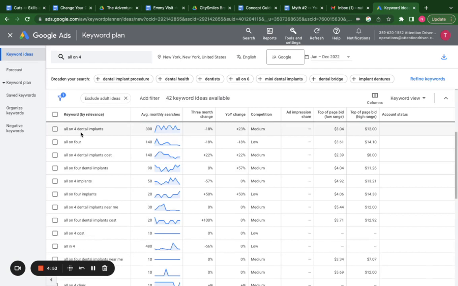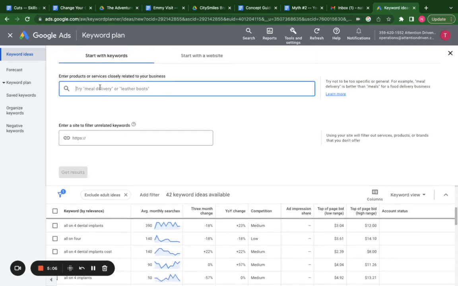Okay, all on 4 dental implants. Again, decent amount of searches. Competition's medium. So you can see some of this is a good one, all on 4 dental implants cost. Another example of what we can do, and this is something, so Clear Choice, they are a very well-known place for dental implants. We could maybe